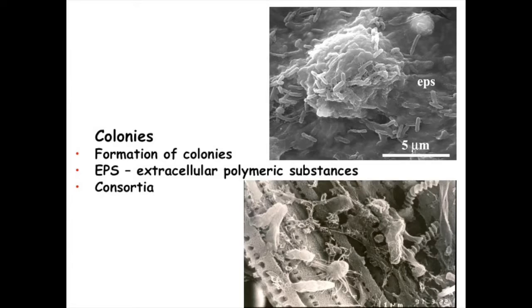They don't like being alone. You hardly ever find a microorganism, a single cell on its own. It's always in a colony with others. So here we have an image of a colony of rod-shaped microorganisms. You notice that they're associated with a thick sort of sheath, filmy-like coating. This is what we call extracellular polymeric substances, and microorganisms produce this material. They live in it. In a way, it's like their house, because within a thick sheath of what we call EPS